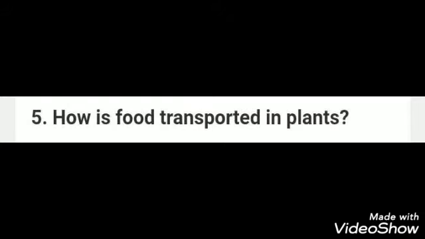The next question on the same page number is, how is food transported in plants? Now again we have discussed it right now. Food is transported in plants by a special organ called phloem. The phloem transports food material from leaf to different parts of a plant. Transportation of food in phloem is achieved by the osmotic pressure in the tissues causing water to move, because of which the food material also moves with a lesser pressure. And this helps in transportation of food material as per needs in the plant body.